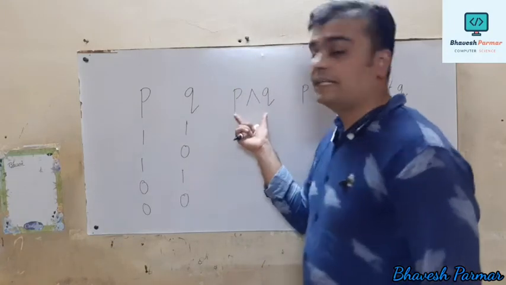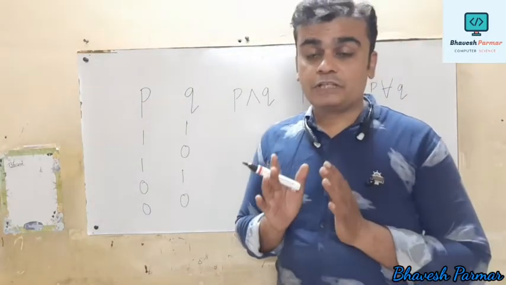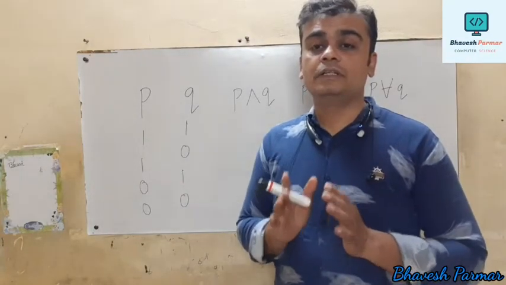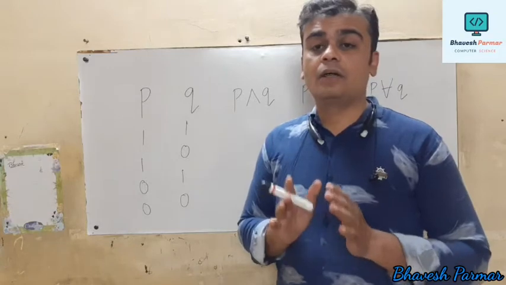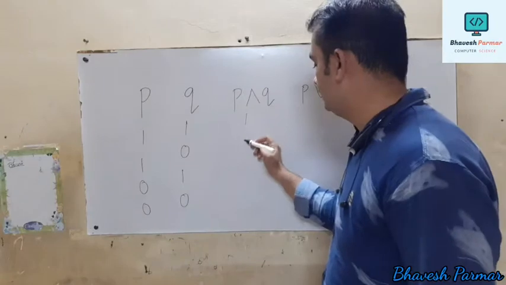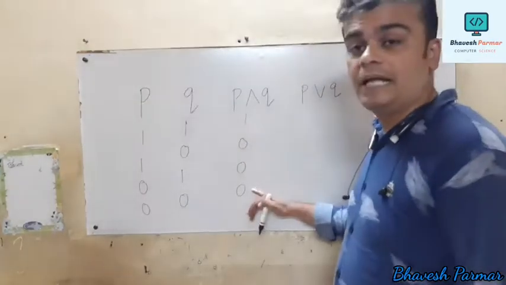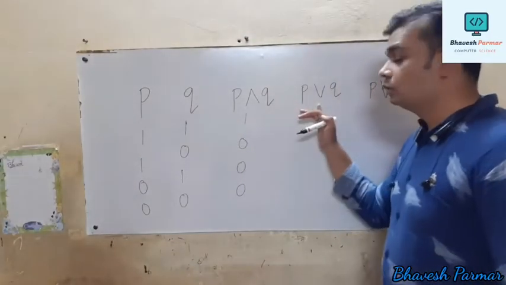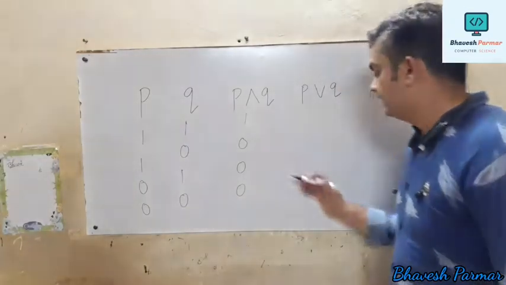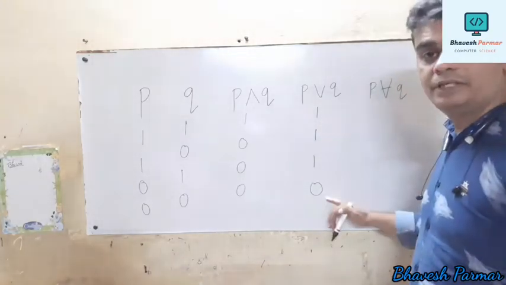1010. So in case of logical AND operation, what do we have to remember? If both the conditions are true, then and only then we say that the given condition is true, otherwise the operation will be false. So it will be 1000. This is the operation related to AND. Now the rule for OR: if both the conditions are false, that is 00, then the output will be 0. In all other remaining cases, the output will be 1.